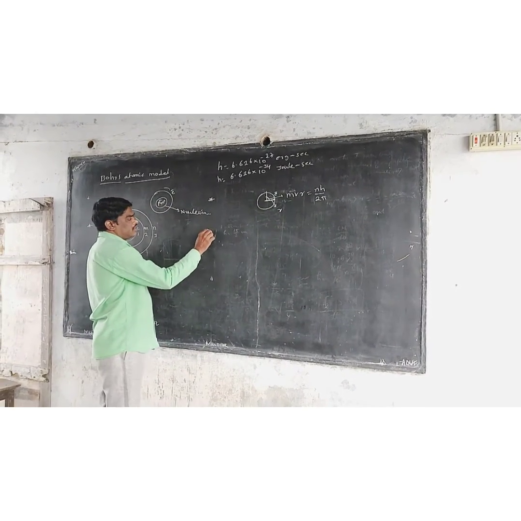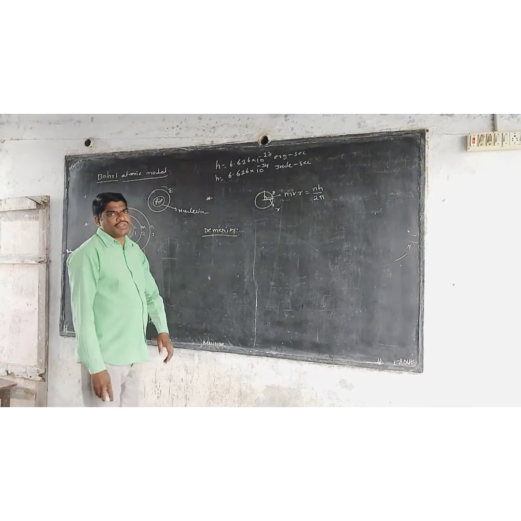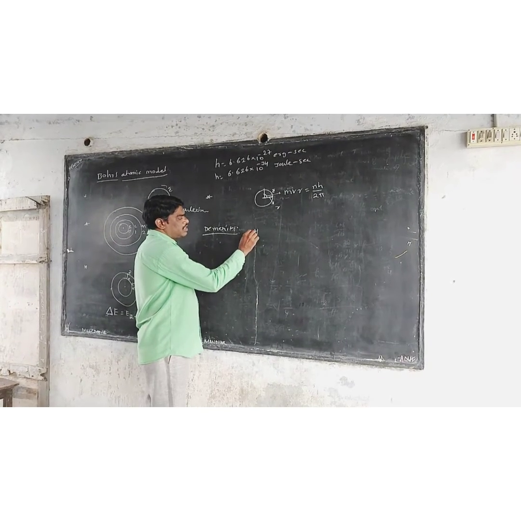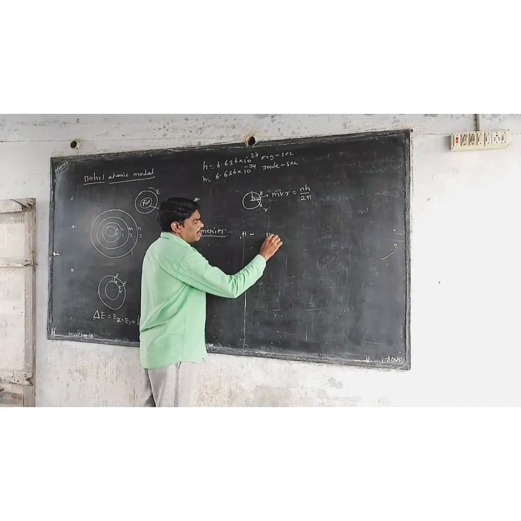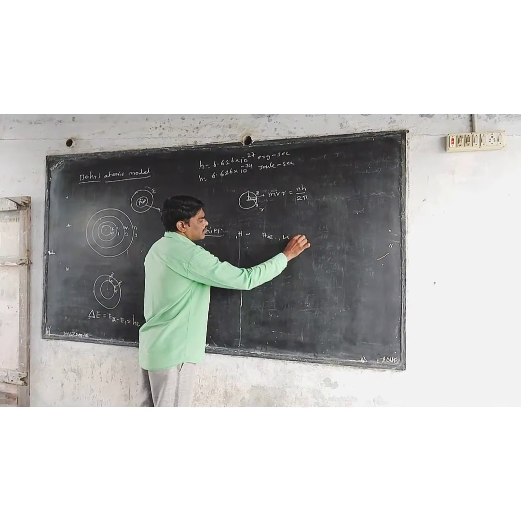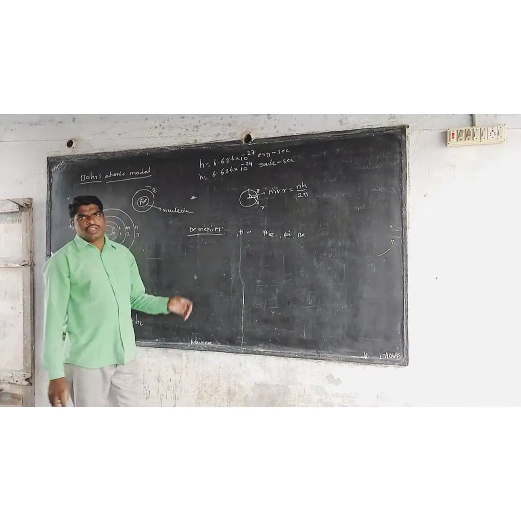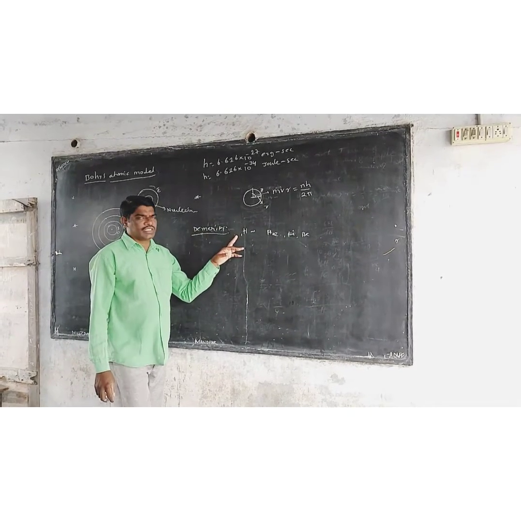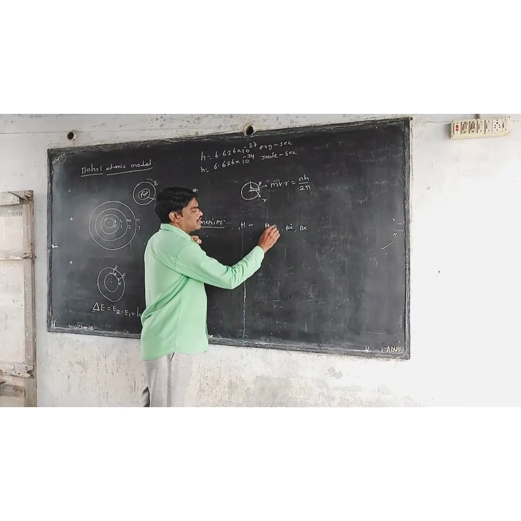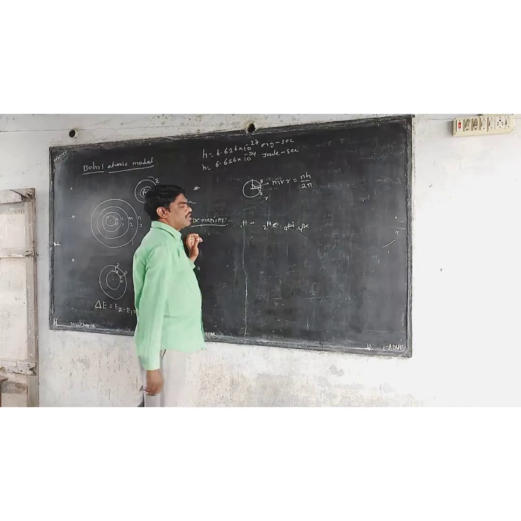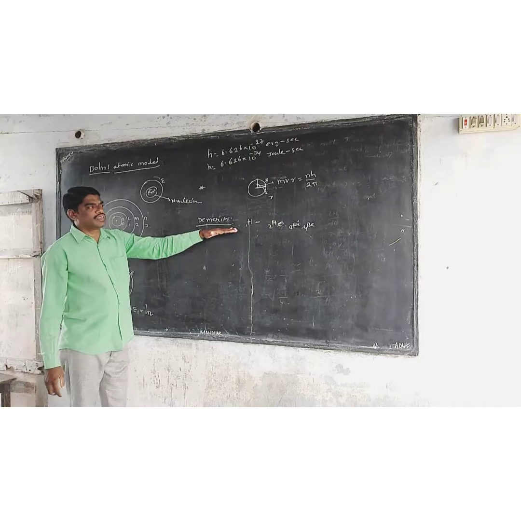Now the demerits of Bohr's atomic model. It can explain only atomic number 1, hydrogen, the hydrogen spectrum only. For atomic number 2 or more, for example helium, lithium, beryllium, it cannot explain the spectrum of these elements. So it explains only the spectrum of hydrogen, atomic number 1, and cannot explain atomic numbers 2, 3, 4, etc. This is the first demerit of Bohr's atomic model.